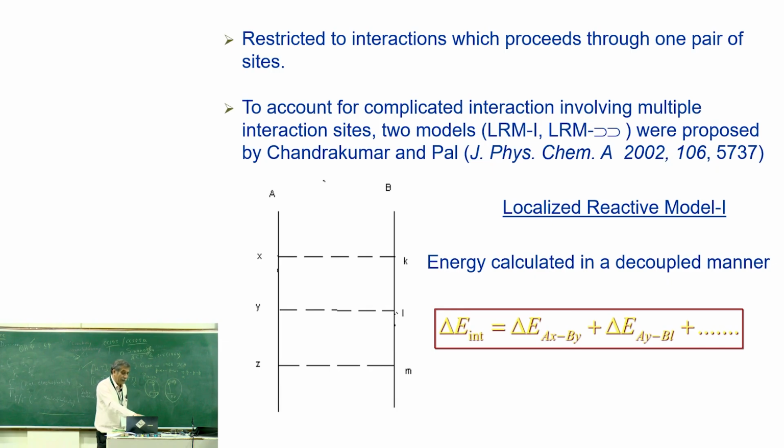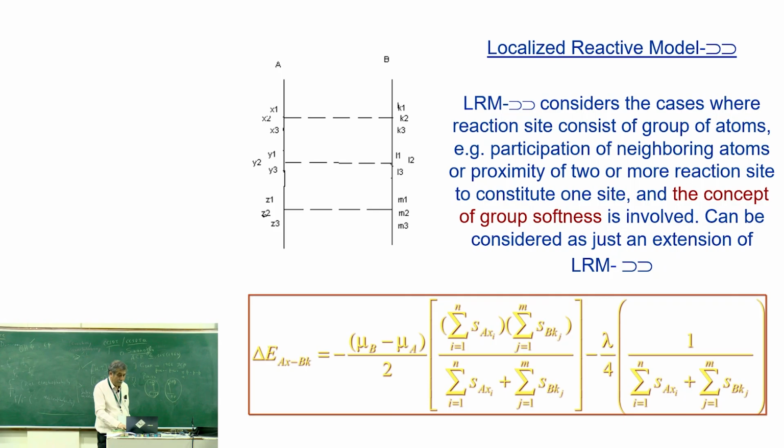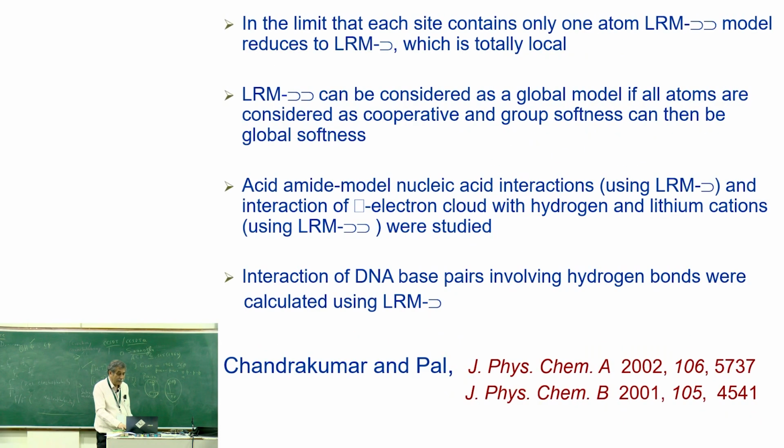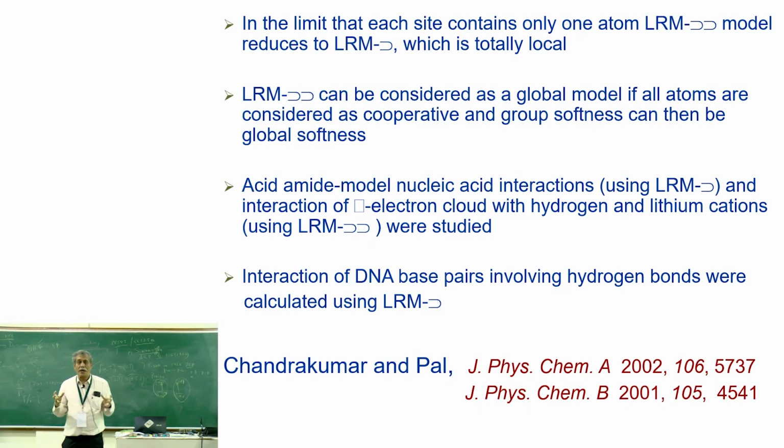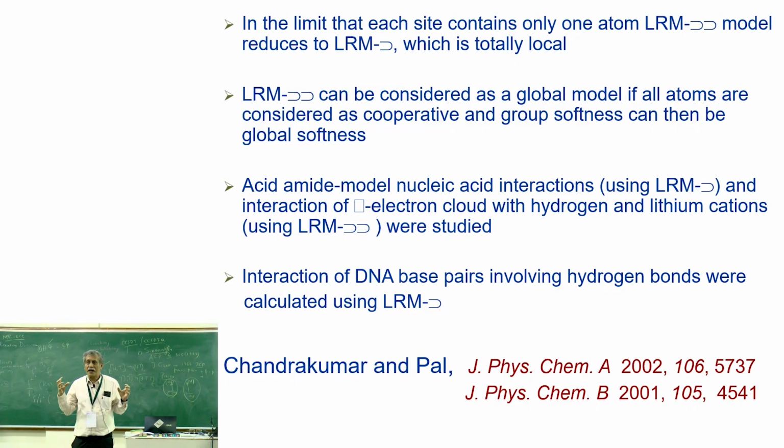We actually extended this for models where there is a multiple interaction, not one interaction, like in DNA base pairs. So we had a localized reactive model where it's just a sum over these and so on. So I think there are a lot of interesting things one can do, because today, if I know the reactivity, then catalysis, I can quickly have an interaction energy.